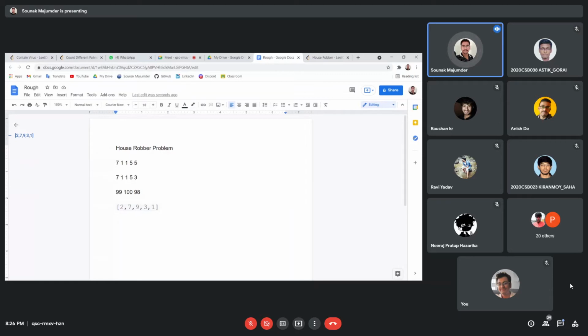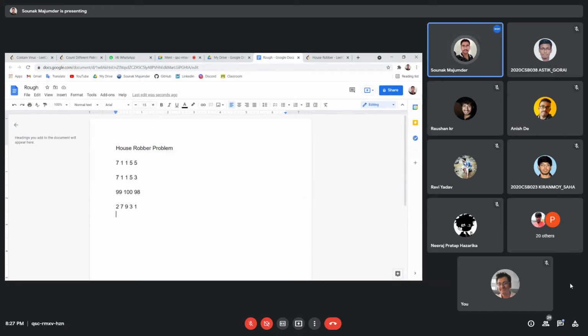For this question, suppose the thief is at the ith house. Let's say the thief is at house number 9. So this is a question.